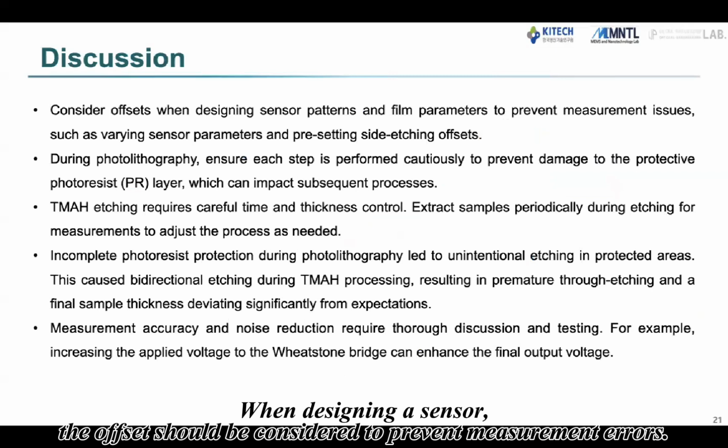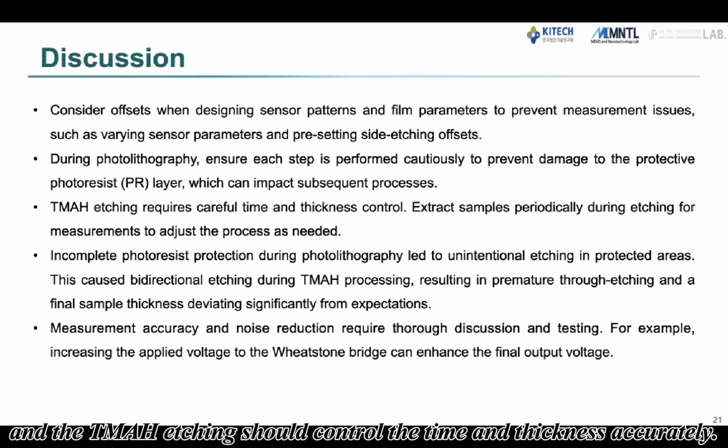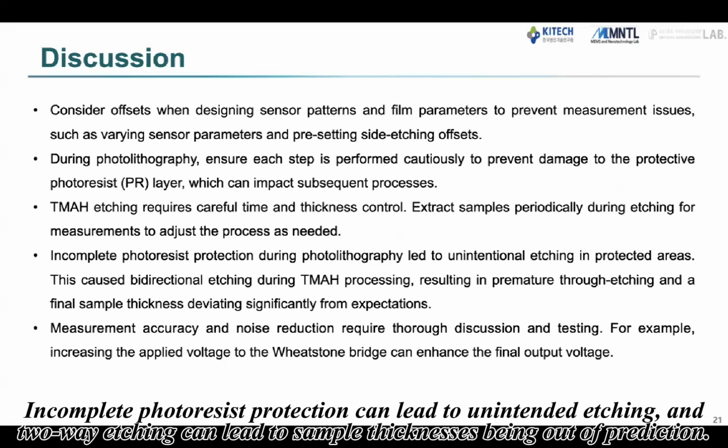When designing a sensor, the offset should be considered to prevent measurement error. The photoresist process should prevent damage to the photoresist protective layer, and the TMAH etching should control the time and thickness accurately. Incomplete photoresist protection can lead to unintended etching, and